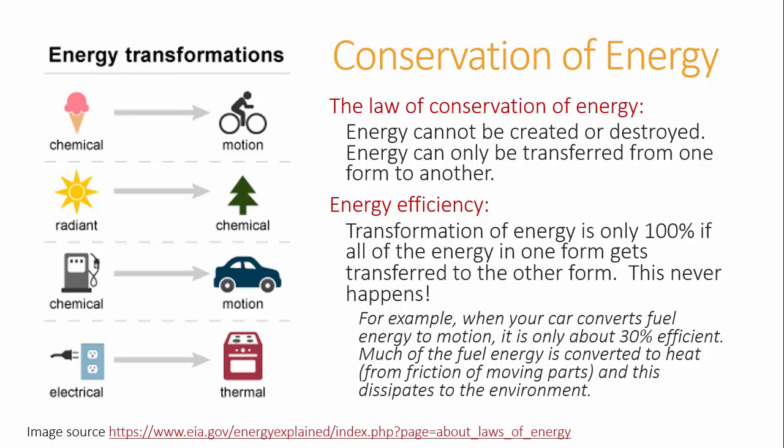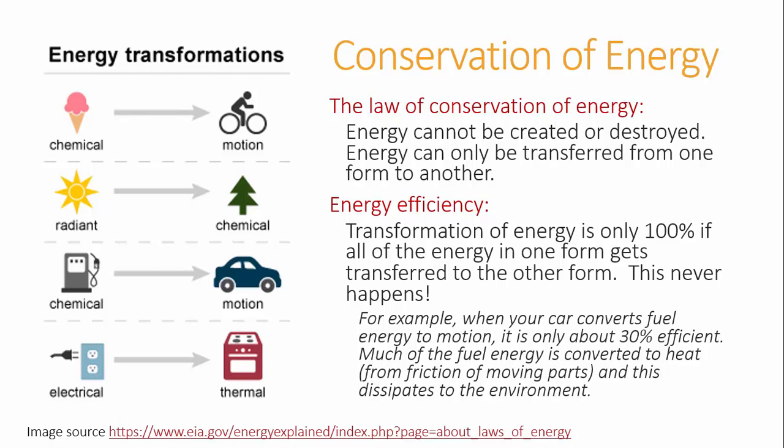In life, we're always transforming energy from one form to another, and that is subject to the law of conservation of energy. So this is going now from elementary school to high school, where you probably learned about conservation of energy and the fact that energy can't be created or destroyed. So when we talk about energy production, really it's just talking about the conversion of energy from one form to another. But it does get confusing because people always talk about producing energy, especially with electricity, and you're not producing any new energy, you're just converting the energy from one form into electricity, for example, which is a kinetic energy of movement of electrons.